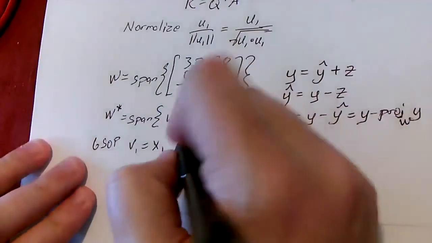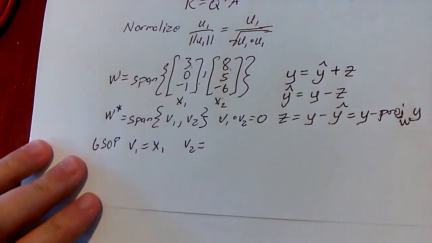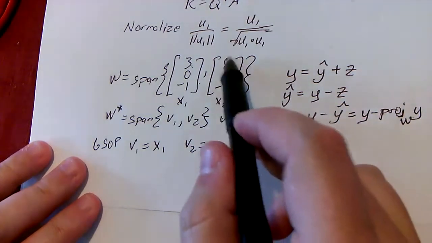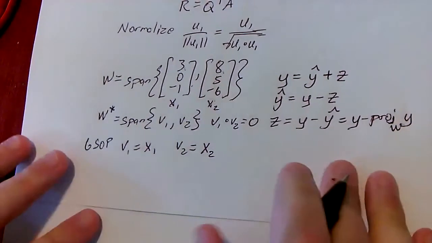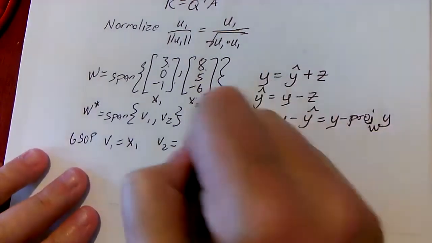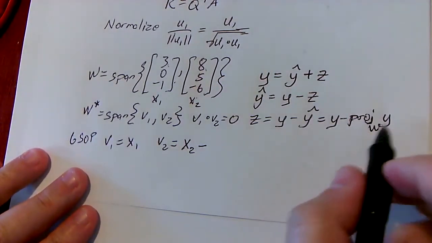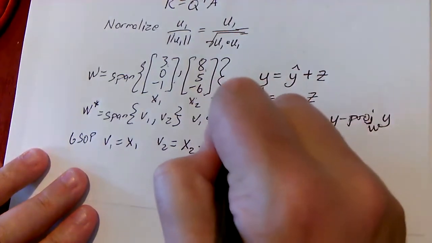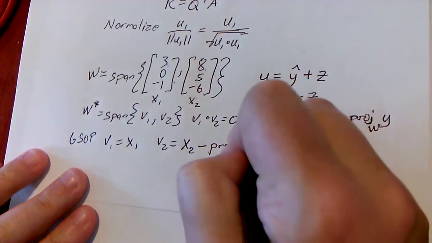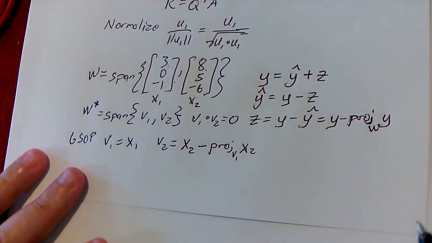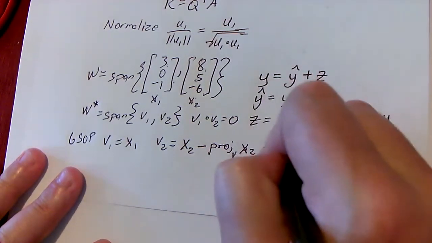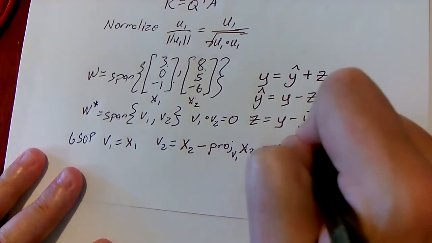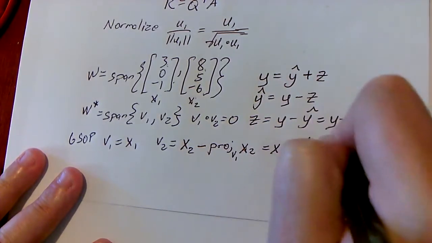So V2, I need to get a vector that's orthogonal to this first vector. But I need it to be in the same space. I need it to be a projection of this second vector. So I'm going to take x2, that would be y in this case, and I'm going to subtract, we could call it x2 hat, or we can call it the projection. So this is going to be the projection of the x2 vector onto the v1 vector that I just found, because I need it to be orthogonal to that first vector. So I'm going to do x2 minus, and remember what the projection is. The projection is going to be v1 dot x2